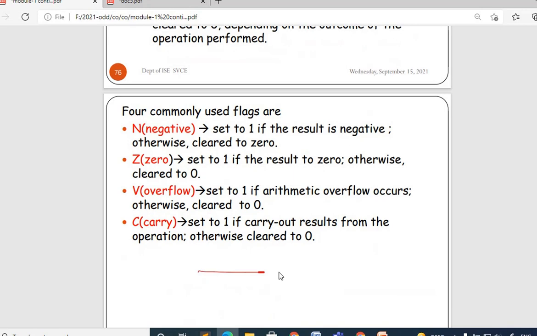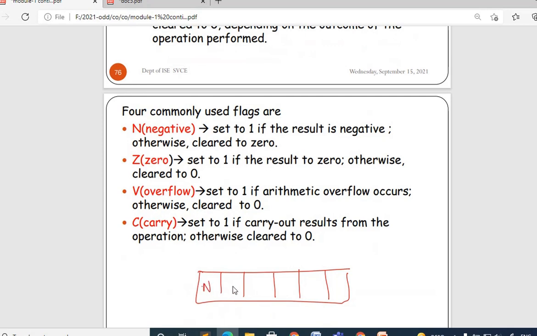Consider the flag register as having 1 byte of information, or a set of bytes, where each bit tells about a particular operation.